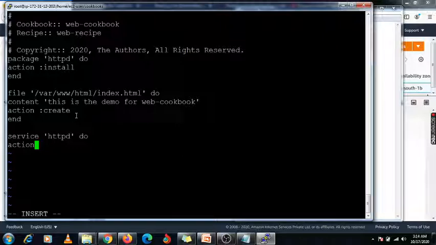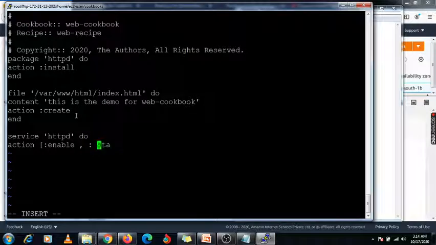And if you want to enable it, you can enable it. So I am going to mention enable. Here I need to mention a colon, enable, and you need to specify a comma, then again a colon, and you need to mention start.